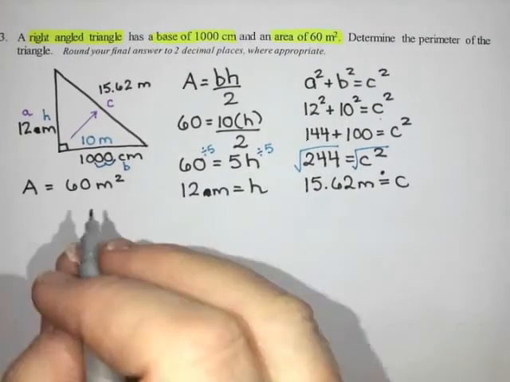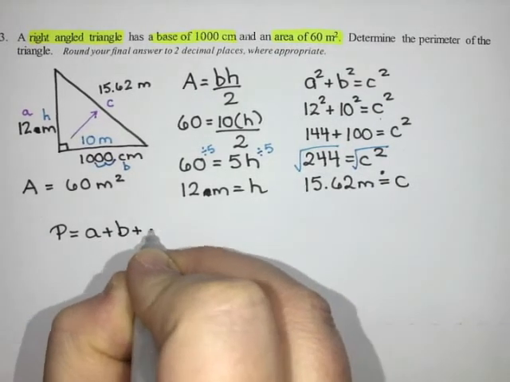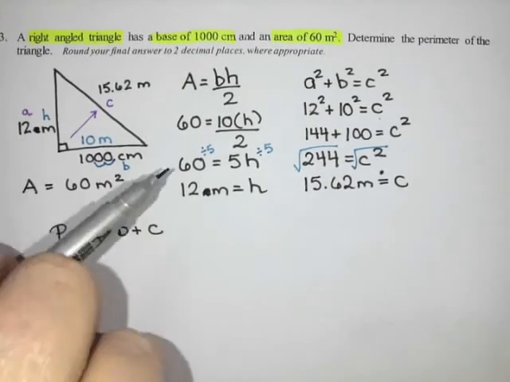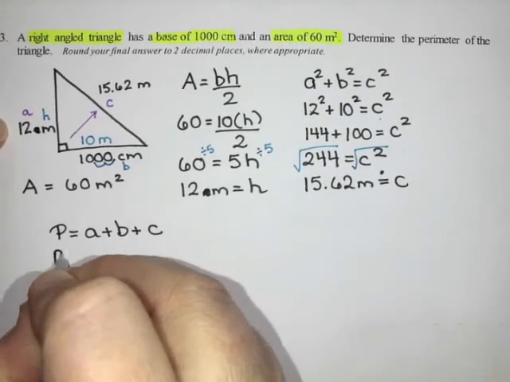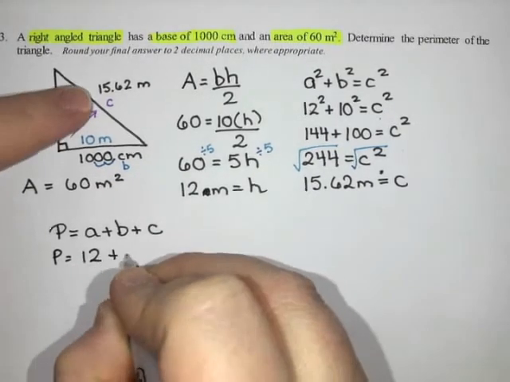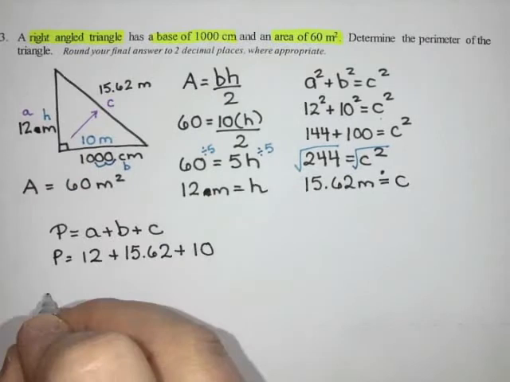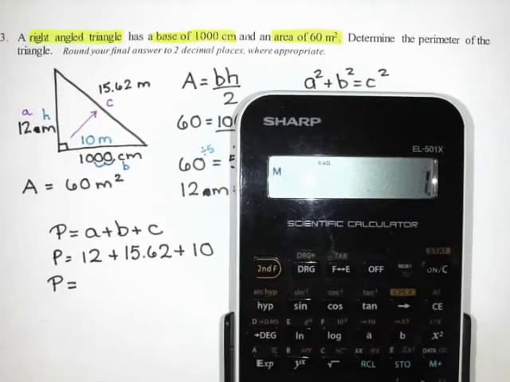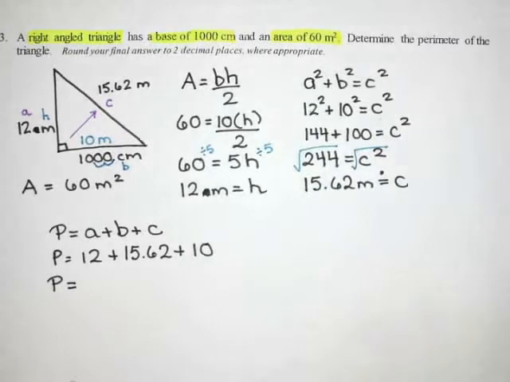So now to find the perimeter, all I have to do is add my three sides together. So the formula on our formula sheet for perimeter is A plus B plus C. And that's not to be confused with the lettering for Pythagorean theorem. Really, A, B, and C are just the first three letters of the alphabet that they assign to just be the three outside sides. So I'm going to add 12 and 15.62 and 10. So 12 plus 15.62 plus 10 gives me 37.62